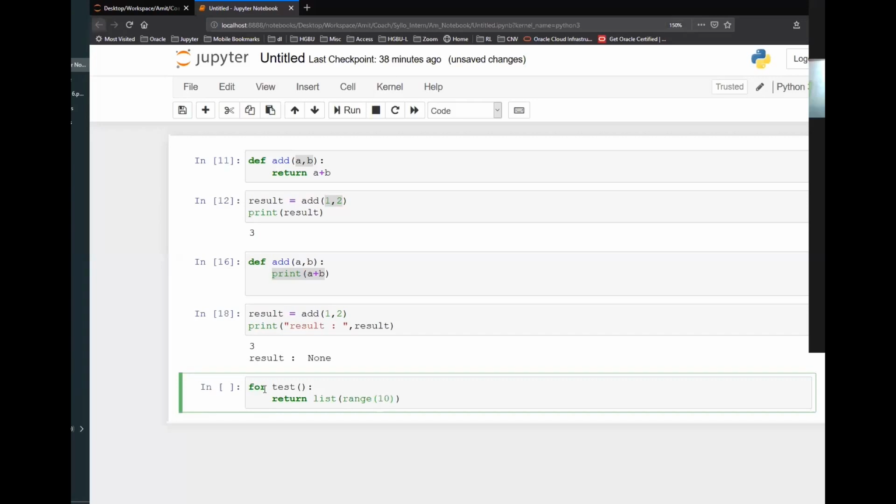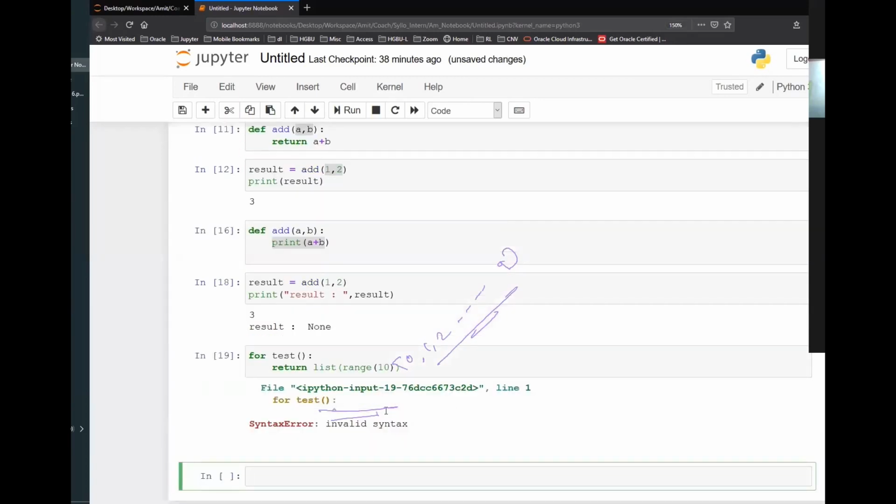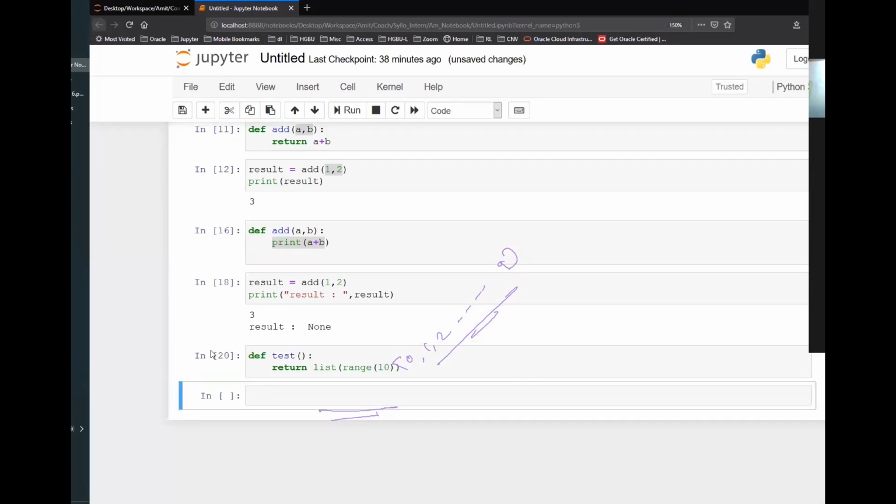So what will this line do? This will be numbers 0, 1, 2, and so on till 9, right? So I'm returning a list. This function is not taking any parameters. Sorry, def test.